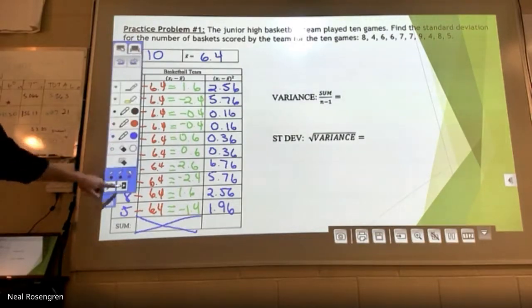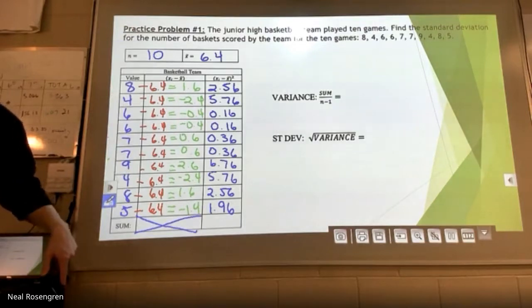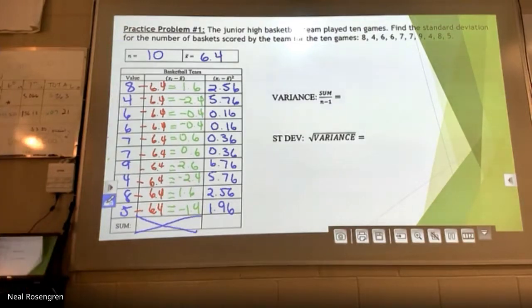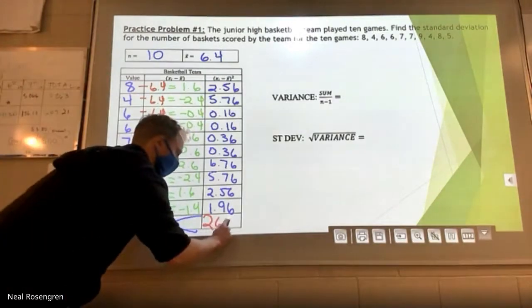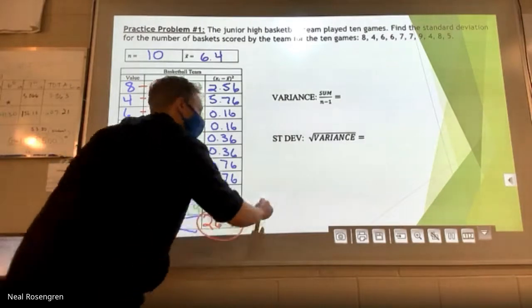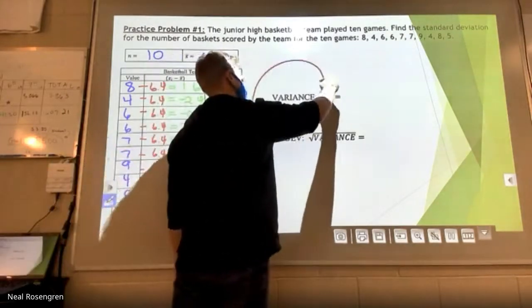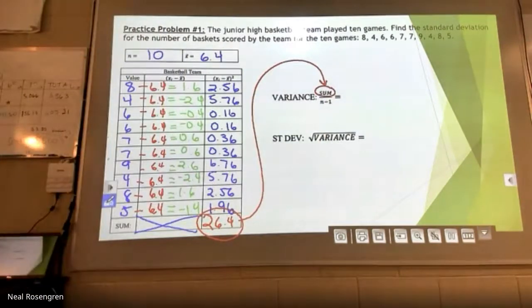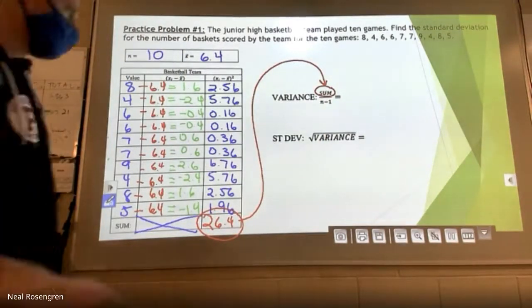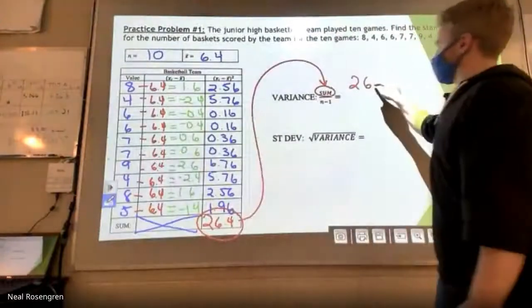Anybody get anything yet? All those blue numbers added up? Nice, me too. 26.4. Okay, that is a super important number for us, because that goes right there. Okay, the variance is that 26.4 divided by